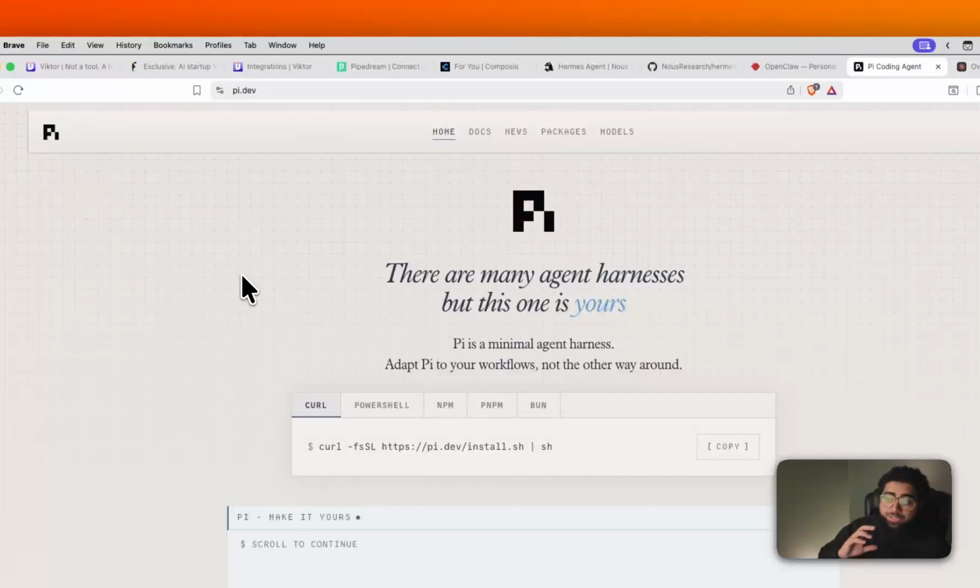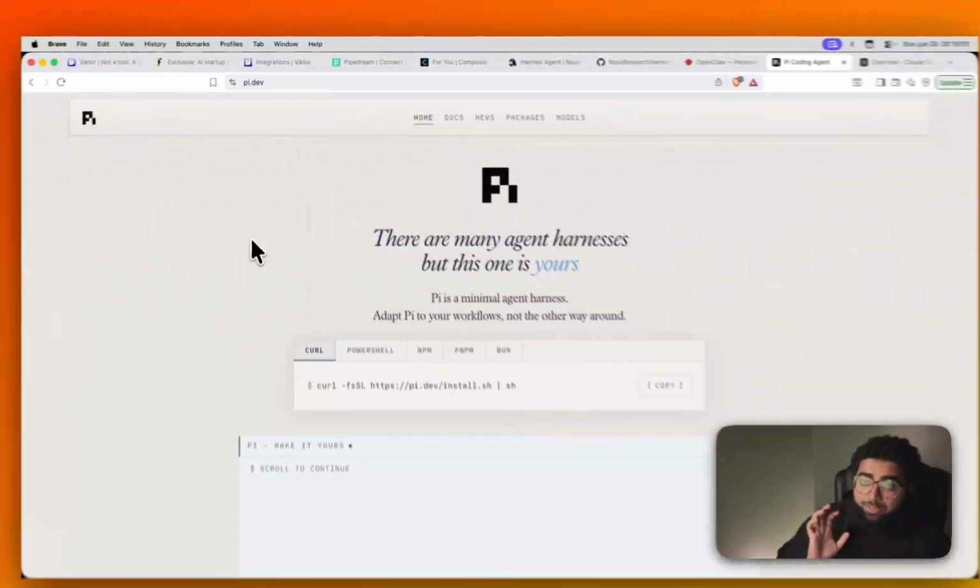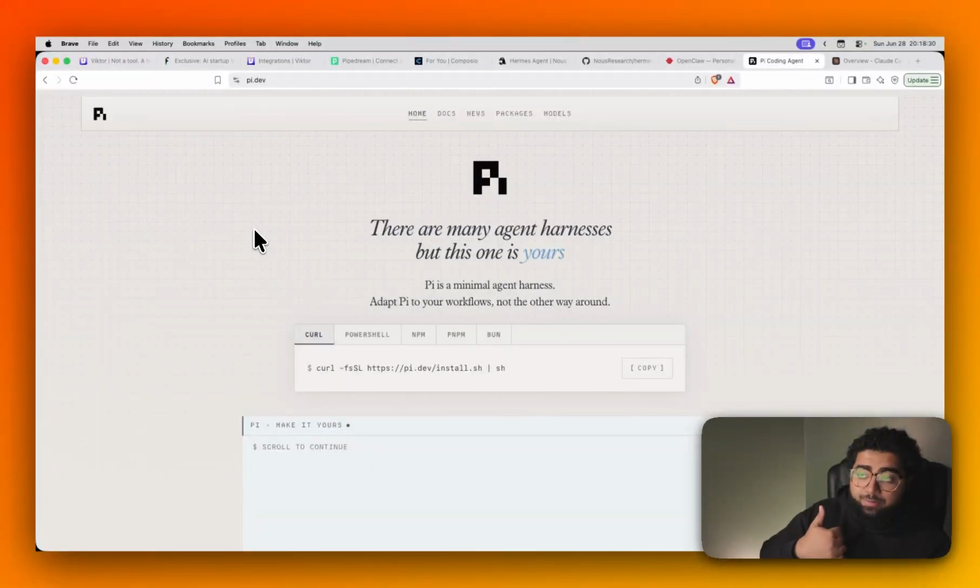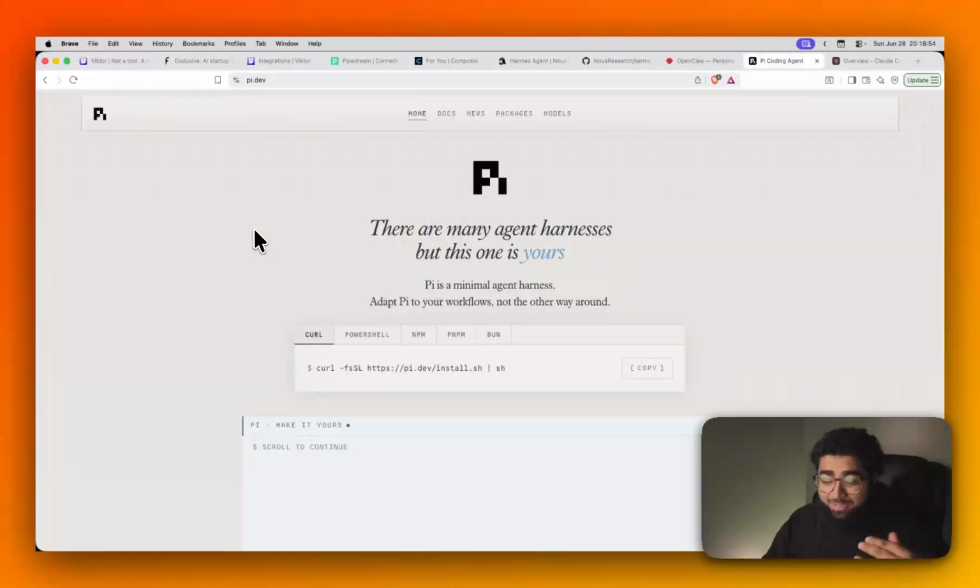So an agent harness gives your LLM tools, like web search, scraping the web, maybe doing some complex formatting of data and things like that. And it gives it skills, right? Skills are essentially those skill files that you've seen inside Claude Code, or maybe people have shared them with you. They're just a set of instructions on how to do a certain skill. So if I wanted to write LinkedIn posts, for example, I could write a LinkedIn post skill that